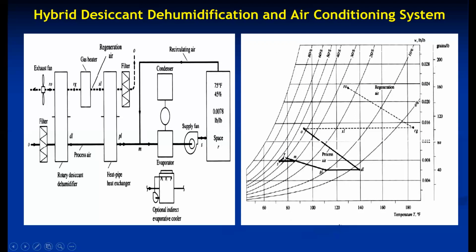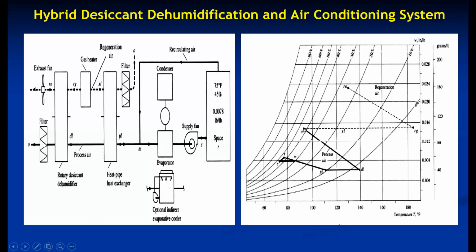So this is room temperature. This M divides the line PR in the inverse ratio of masses involved. So obviously the mass of return air is greater. Then at point M, it is made to flow through the evaporator. Now the evaporator handles only sensible heat, because the latent heat is already removed by the desiccant wheel. So M to S is the sensible cooling, and then it enters the room to absorb heat as well as moisture, that is S to R. So this is the process.